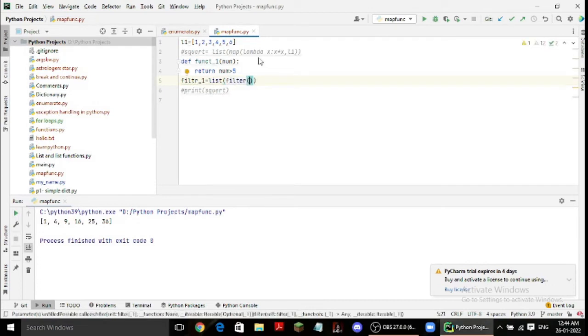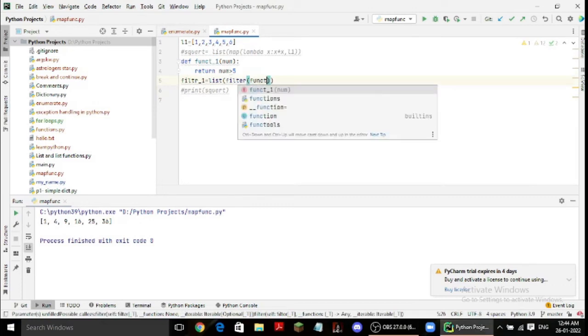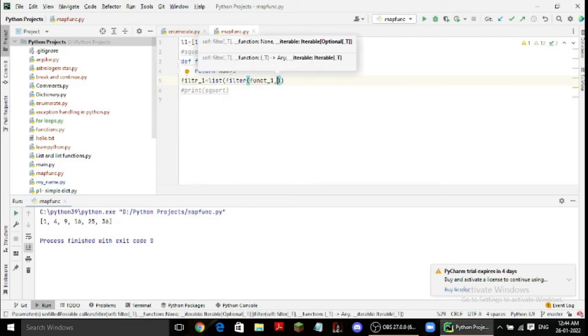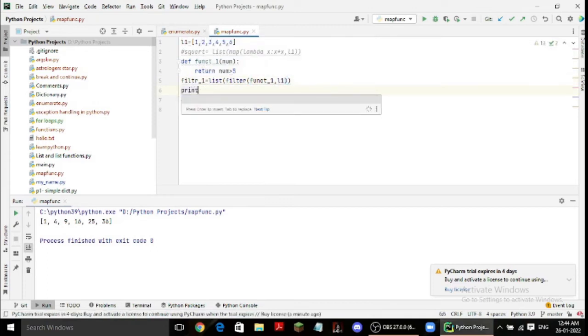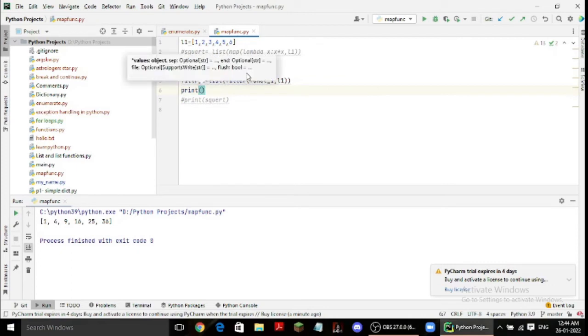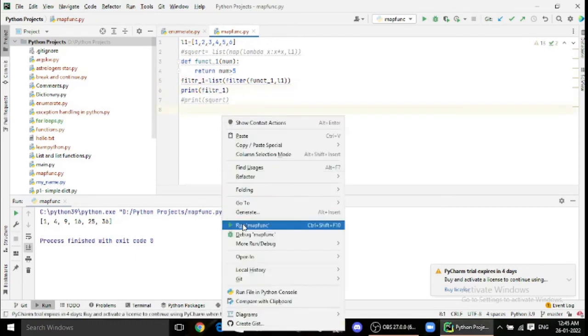Now there has to be the function funct1, given by the iterable L1. Now if I print R1, now if I run,